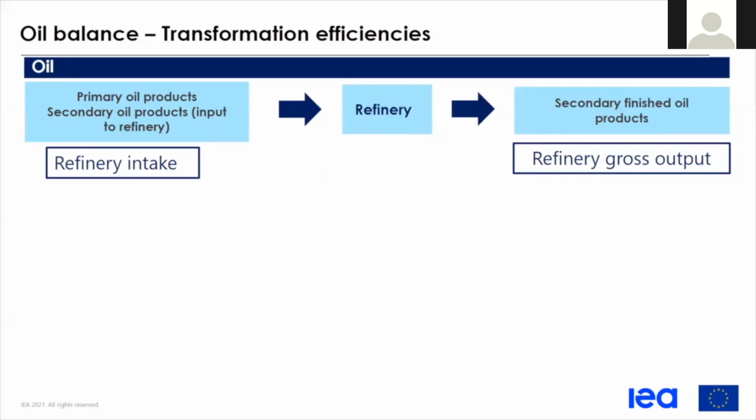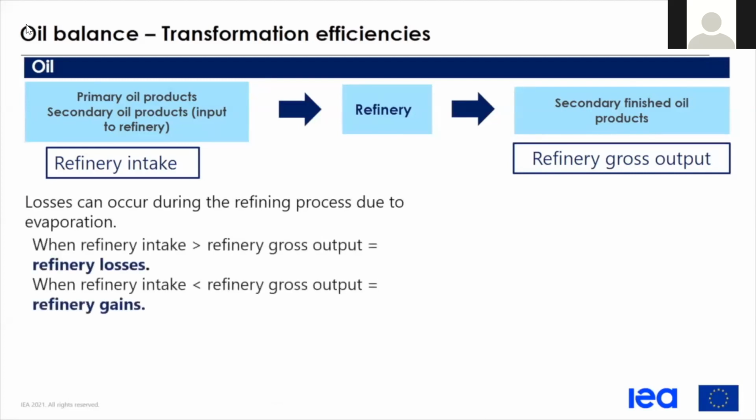Those are the two main elements that we have in terms of data. So we take these intakes and these outputs, and we try to see if the losses that occur during the transformation make sense or not. Attention here,